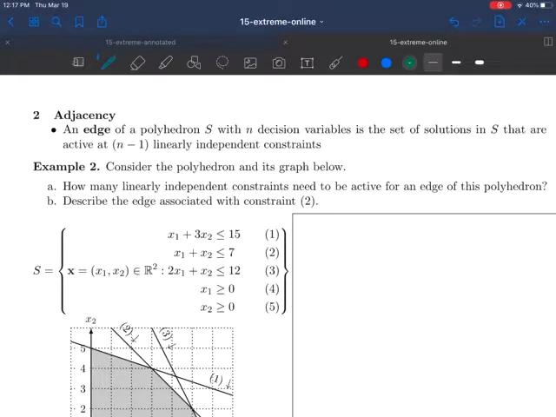Okay, so an edge, here's our definition. An edge of a polyhedron S with n decision variables is the set of solutions that are active at n minus 1 linearly independent constraints. Remember, active here means satisfied